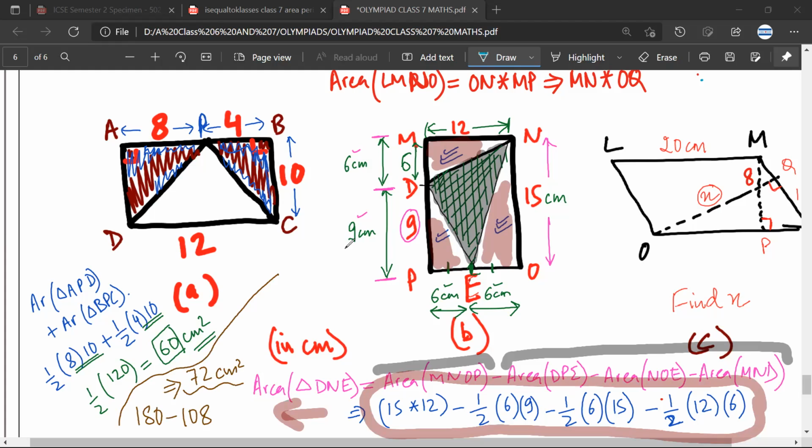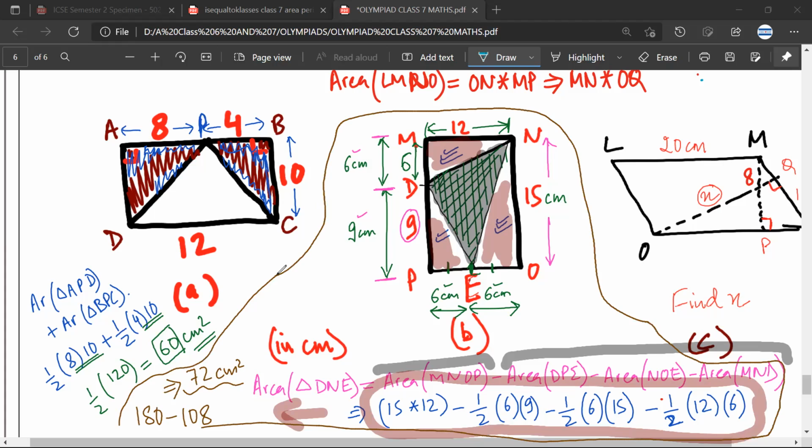So if the values are in centimeter, the final answer is in centimeter square. Mr. Sarthak, any doubt? No, sir. Great, sir. So